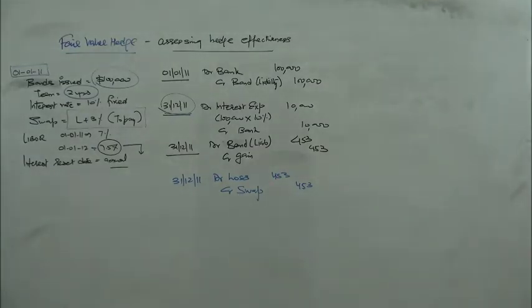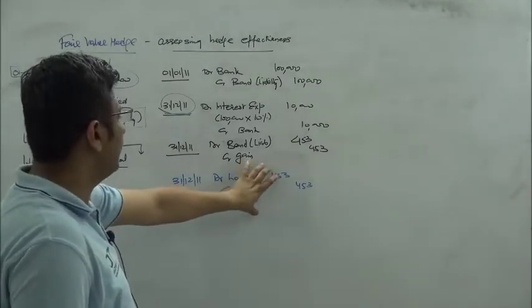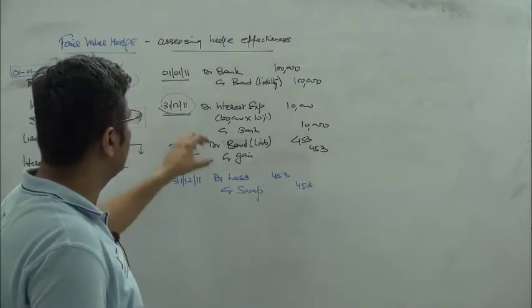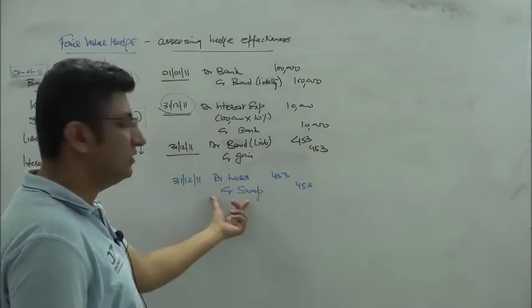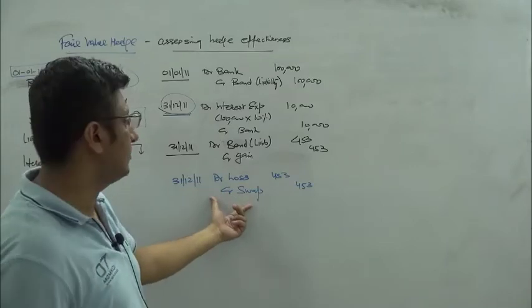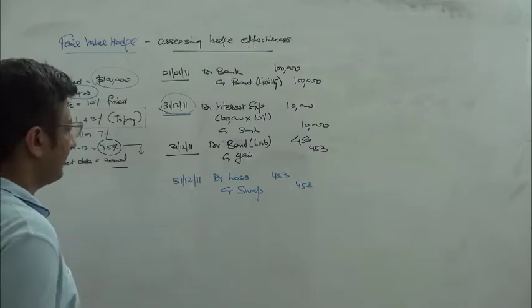We are saying that in this scenario my liabilities value has declined, but the swap is offsetting that loss. All right. And as a result of which,